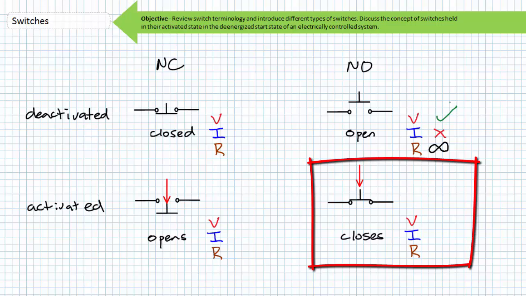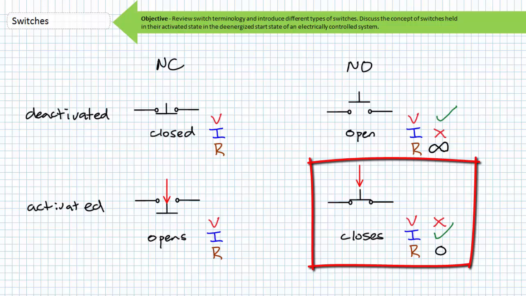What is the resistance of a normally open switch when it is activated? In its activated state, a normally open switch should ideally present 0 ohms of resistance because it's been closed. In its activated state, a normally open switch will allow current flow through it and should not have a